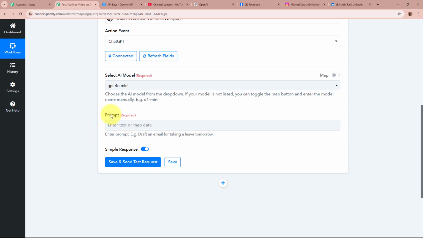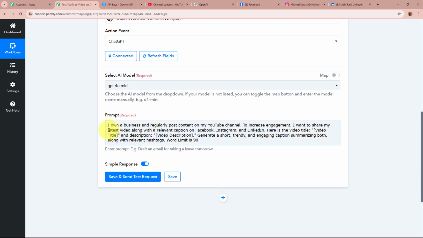After the model, it is asking for the prompt. The prompt is with the help of which this OpenAI, the AI agent, is going to generate the content that we want. So for the prompt over here, you need to fill all the required details that you want in your caption. You have to specify everything. So for the prompt over here, I'm going to write it as, so this is the prompt that I've entered,